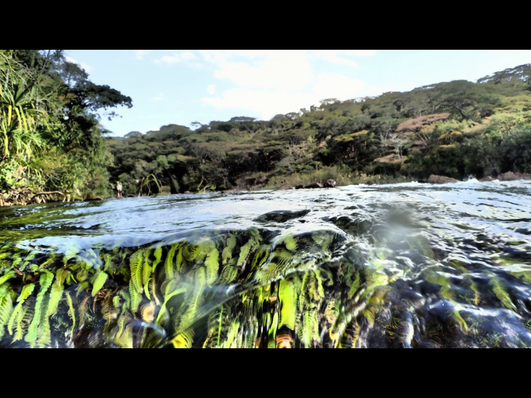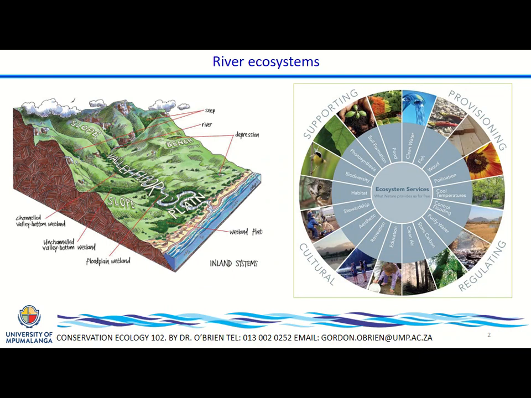So today I'm going to move on with Conservation 102 now to talk about rivers, the things that rivers give us, and the way that rivers can be stressed. So again, we're talking about rivers, and in your minds now, after Dr. Van der Waal's lecture, you must consider that rivers arise in the mountains and they flow all the way down to the coast. And in addition to not only where they occur,